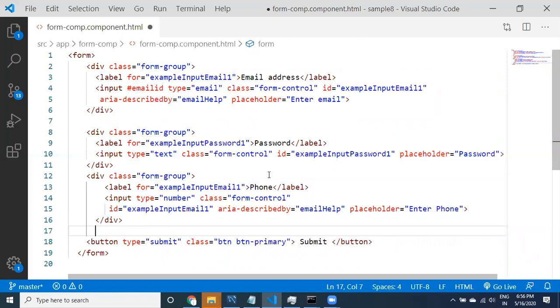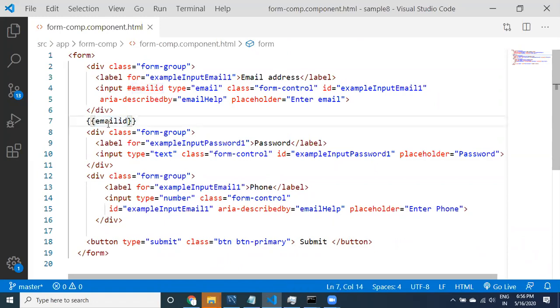Next to the text box, after the text box, I try to use this email ID here. Just look at it, guys. It is not giving an error. Why? Because it is recognized as a variable. If I provide something else, it is going to give an error because that variable is not there. If I provide email ID, the property is there. Actually, if you go to the component class, I have provided email.